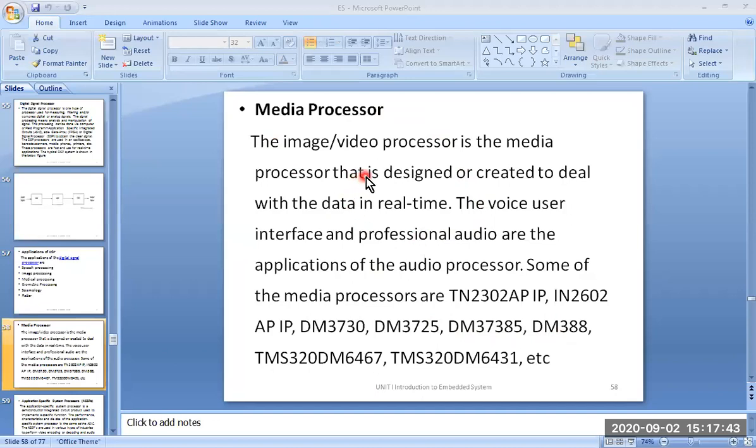They are extensively used in image and video processing. Wherever image enhancement or video enhancement is needed, there we use this type of media processor. We use them in TVs, some high-end audio equipment and so on, in cinemas also.